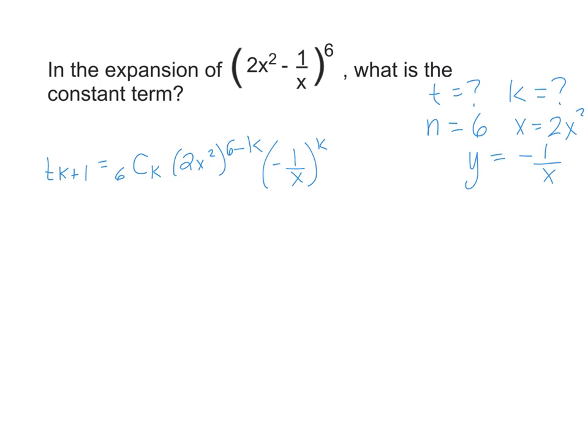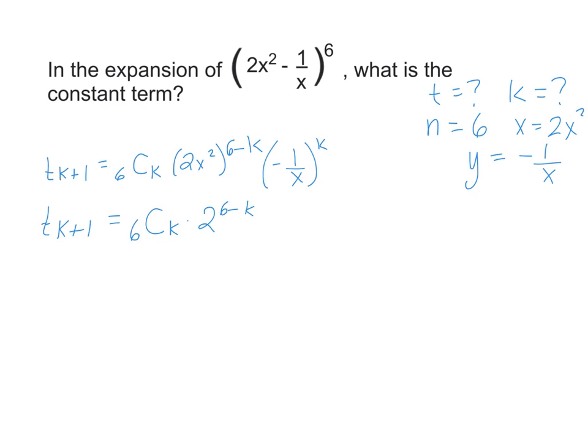So what I'm going to do next is try to simplify what I have here. So t k plus 1, 6 choose k, there's really nothing I can do with that. But I'm going to separate the 2 from the x squared in the next term. So I'm going to do 2 to the power of 6 minus k,